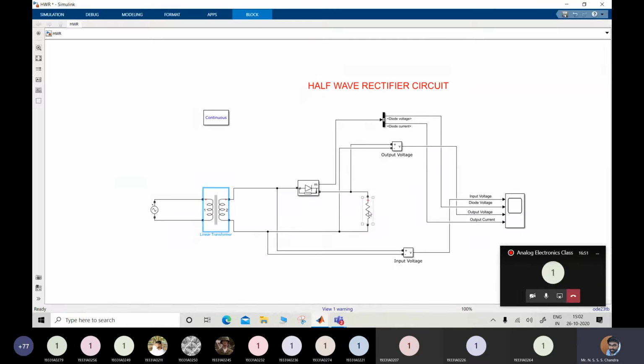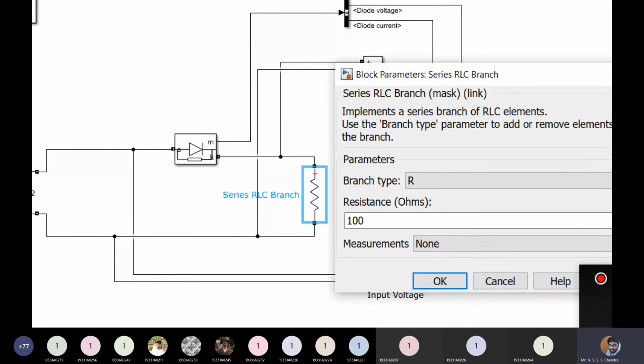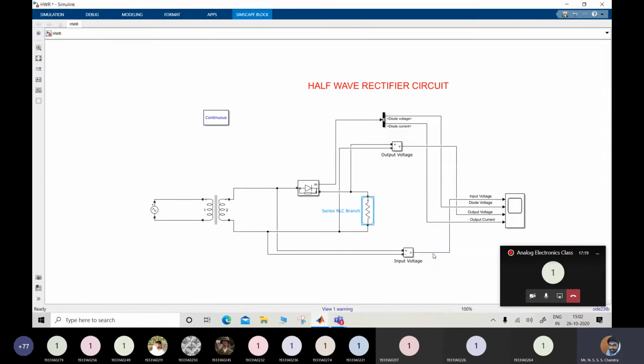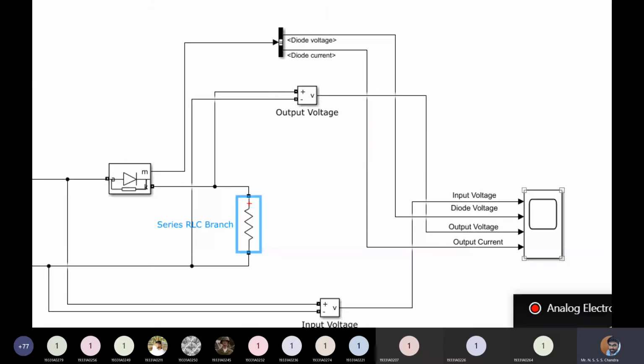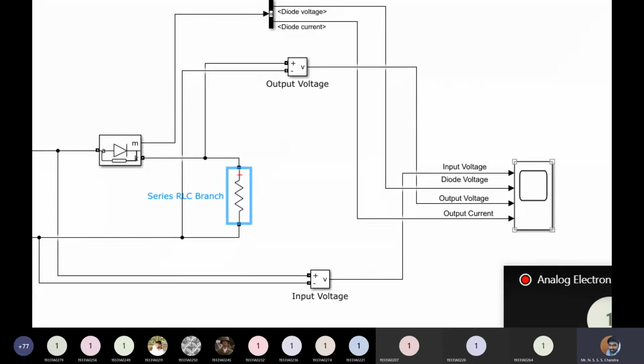And in the load resistor value, earlier I had used 1 ohm, right? Now I have changed it to 100 ohms, only to differentiate the magnitudes of your output voltage and current values. Because some of you might be confused that both voltage and current values are one and the same. So that's why I modified the number from 1 ohm to 100 ohms. These are the changes I have made from the previous circuit diagram to this circuit diagram. And now I'm measuring 4 different values: the input voltage, the diode voltage, the output voltage, and the output current.